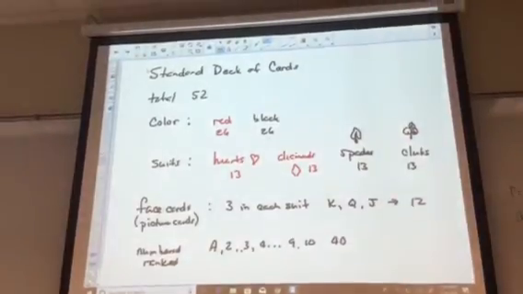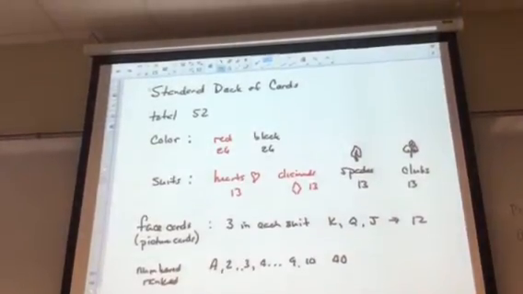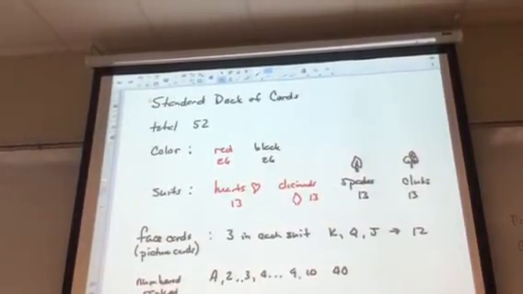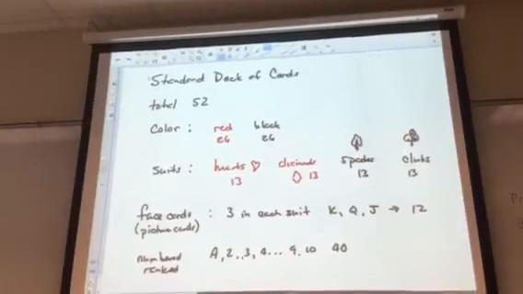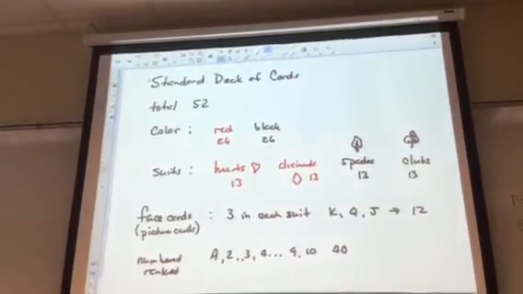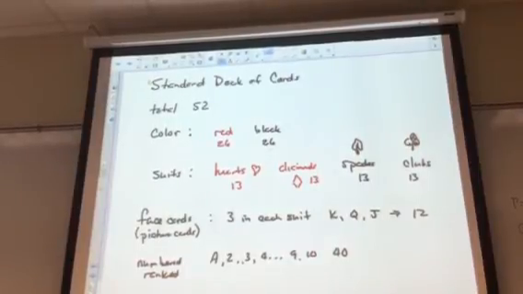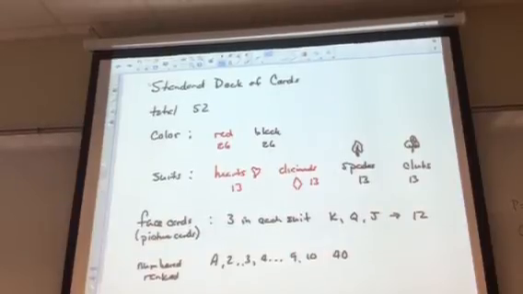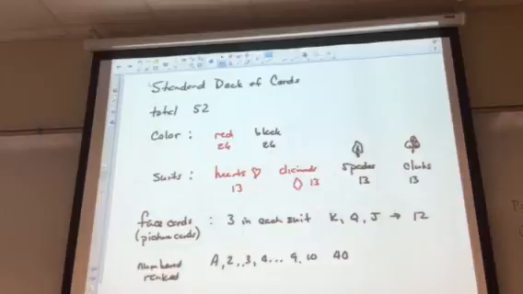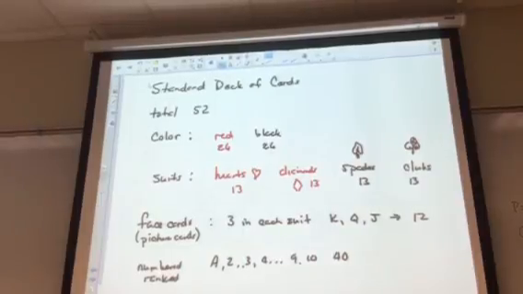When they start talking about cards, this is something that we need to be at least passively familiar with. Test question, it'll be right there at the top of the page where the formulas were for the first test question, reminding you what it's like. And there's also a pop-up that will occur when you open up a question that will remind you of what the composition of a deck of cards is. I've tried to